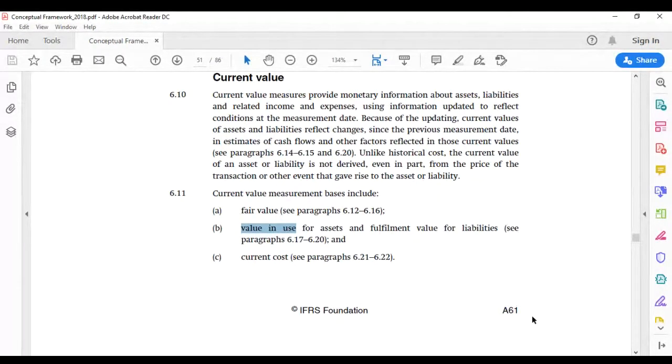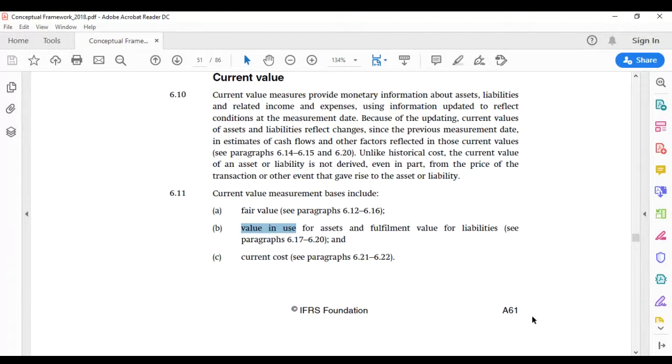The value in use is what value would that asset provide for us if we continue using it as we have in the past. So again, if you can just make a little note there. So the value in use is what value... So here we can think future economic benefits. What economic benefits can this asset provide for us if we continue using it into the foreseeable future as we